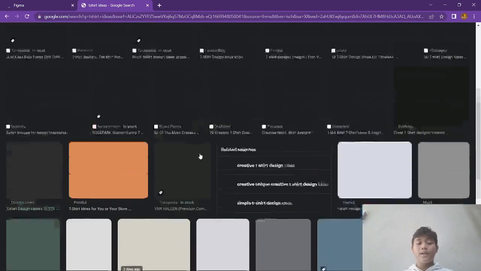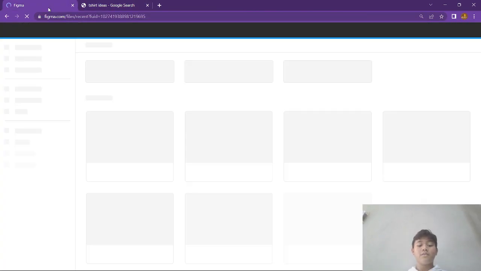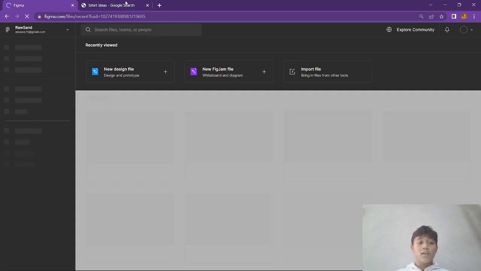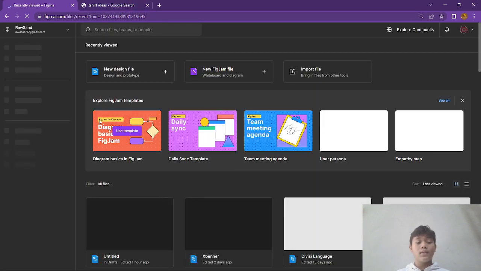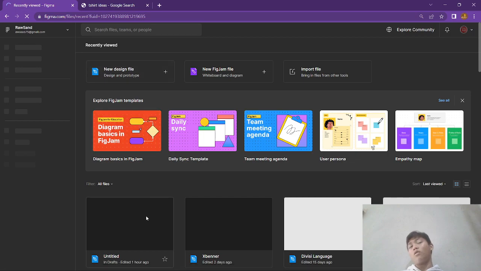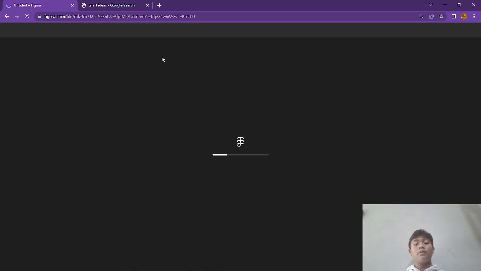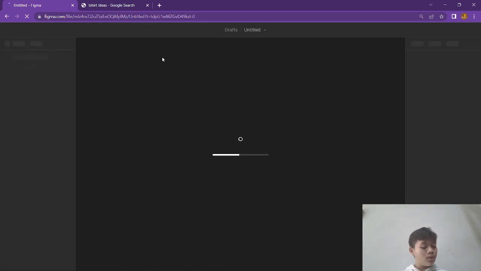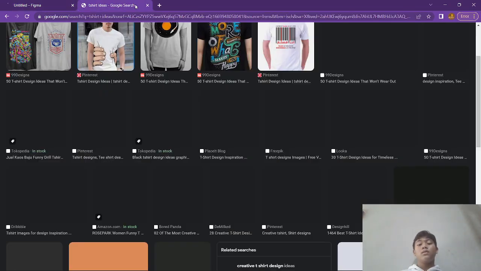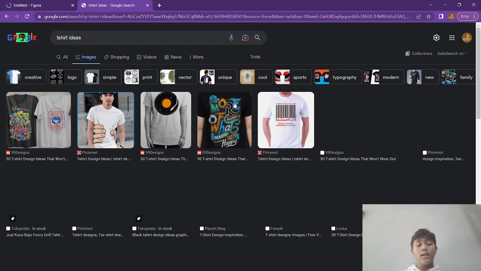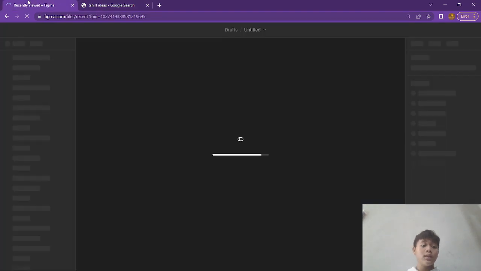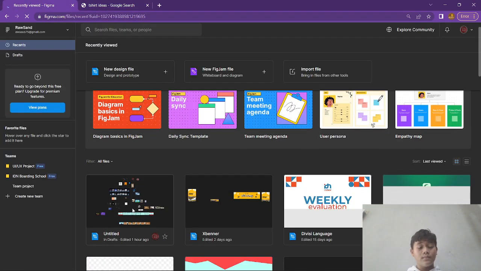You can use your creativity to make a full t-shirt like this, or you can just copy it and make it like this. This you can copy and put something on it, and then